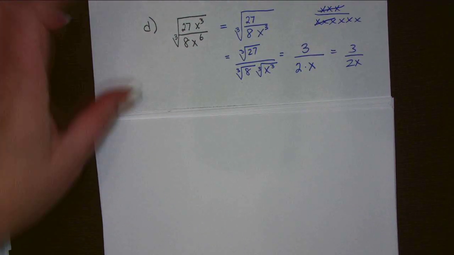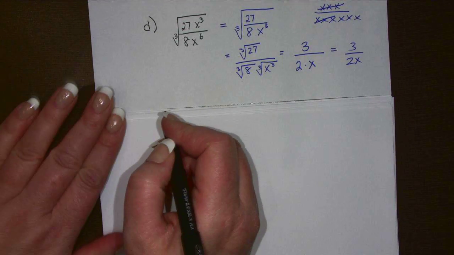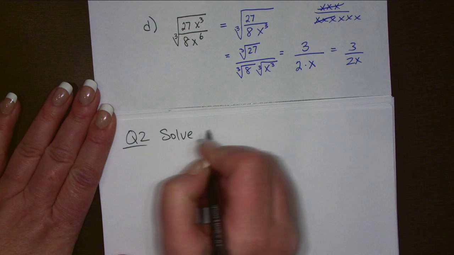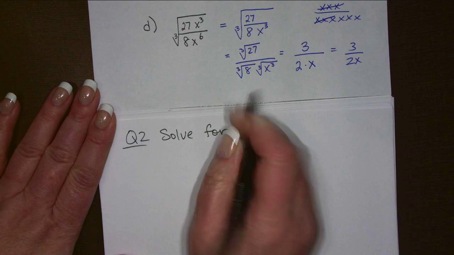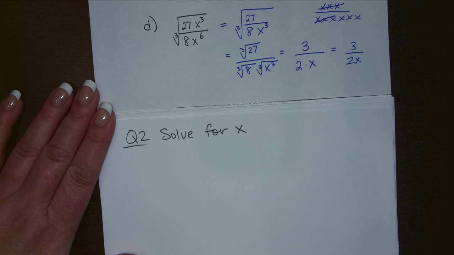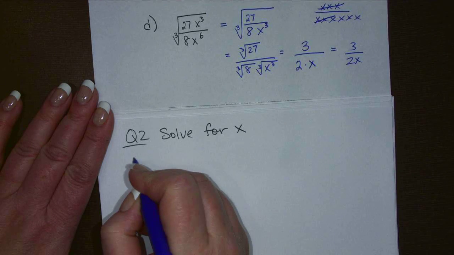Okay, so the next part, question 2, solve for x. So those would all be just those small one-point questions, right? You work it out, you get the answer, you put the answer in the box. Okay? Solve for x could also be that type if they're a smaller solve for x. Actually, any solve for x could be that. So let's say, for example,